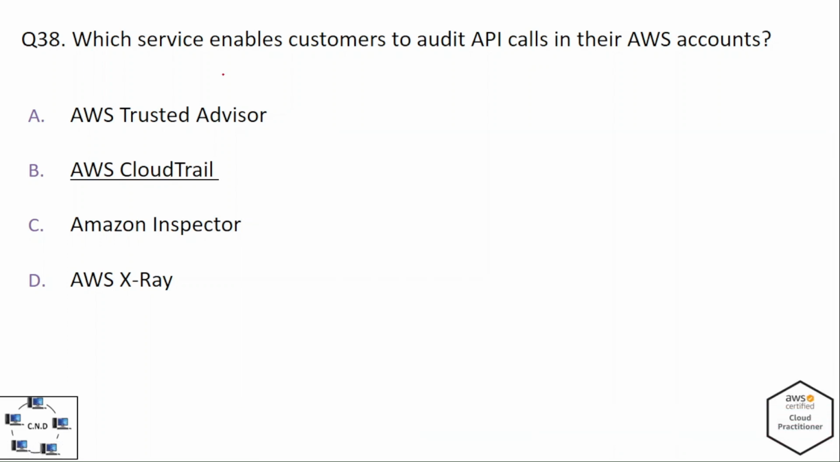Question number 38 is that which service enables customers to audit API calls in their AWS accounts? And the options are A. AWS Trusted Advisor, B. AWS CloudTrail, C. Amazon Inspector, and D. AWS X-Ray. And the correct option is